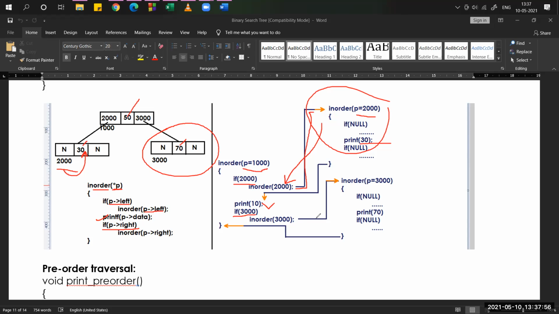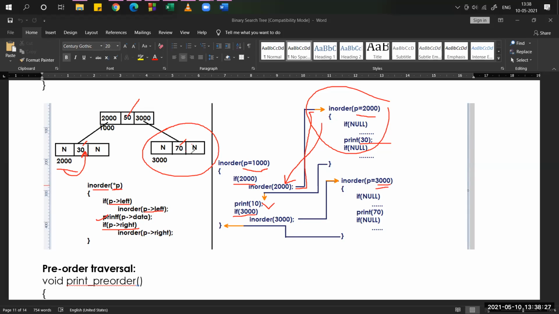In-order of 3000. We don't know whether the tree has a left child, or only a right subtree, or only a left subtree. So until we display all the values, we are going to call the in-order function repeatedly, until it reaches null.